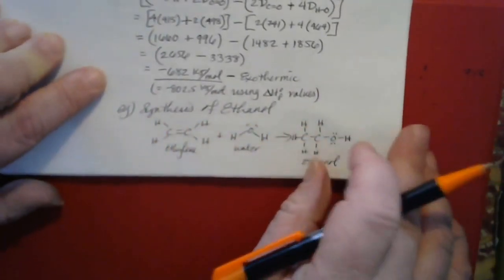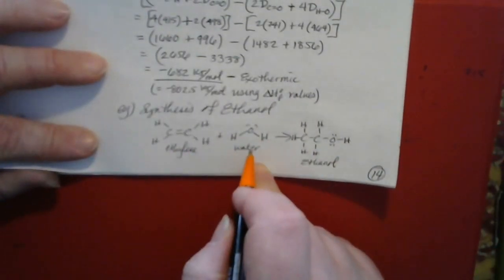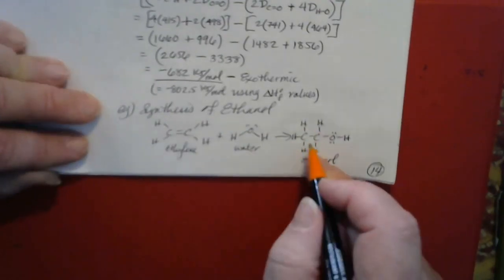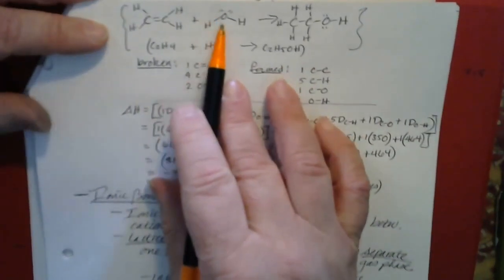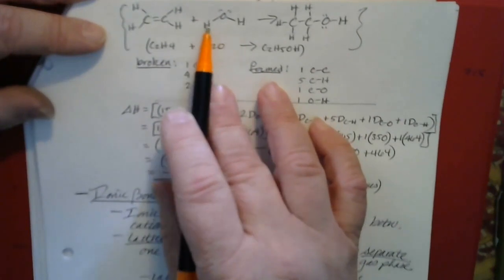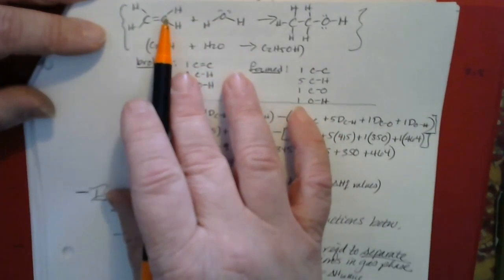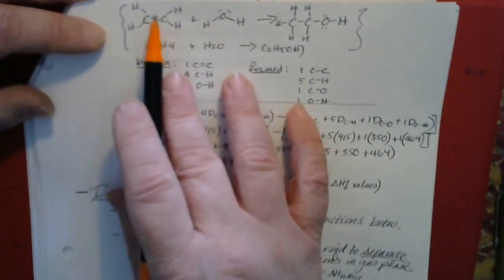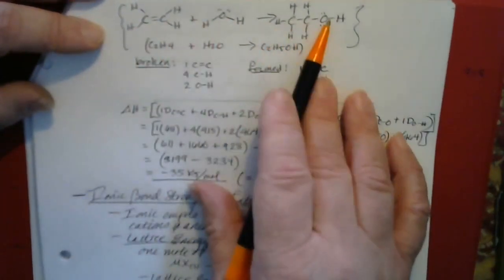Another example could be the synthesis of ethanol by combining ethylene with water. And from that, you get ethanol, which has the formula C2H5OH. So what happens here is that basically the hydrogen-oxygen bond splits off, and the hydrogen goes to one side of this double bond, and the OH goes to the other side of the double bond. So you're basically literally adding water to the ethylene molecule, and you get ethanol,